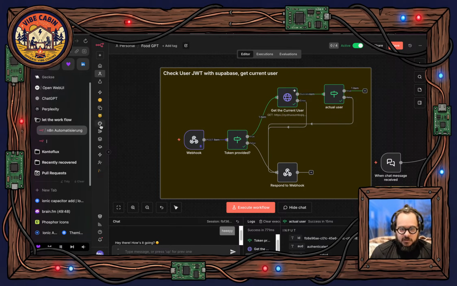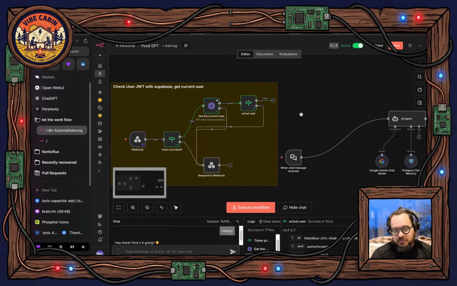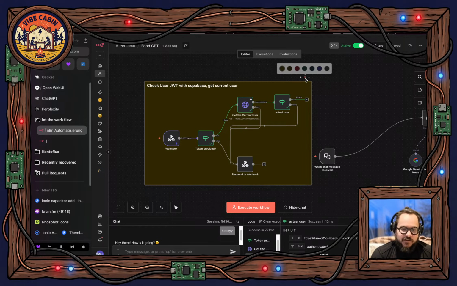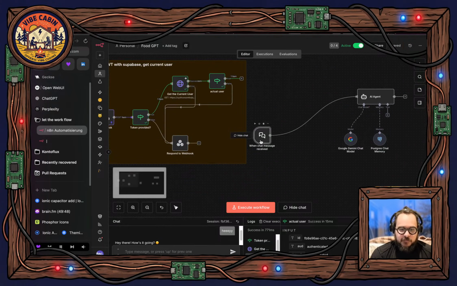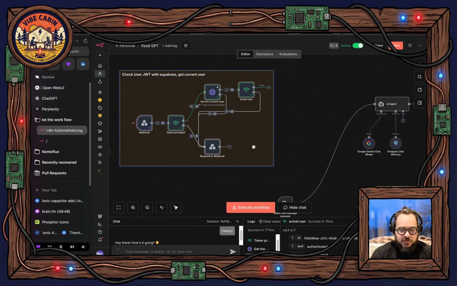All right. That's actually the hard part. No, it's just having fun in n8n. Let's give this a proper color. I think that looks good. We can still have this chat as debug, and now we want to